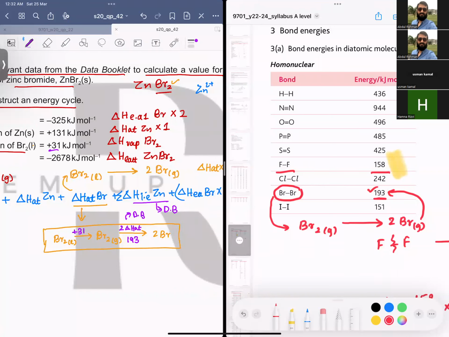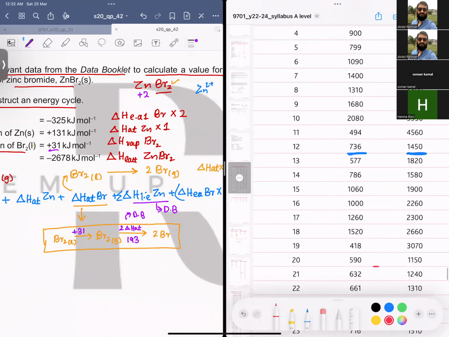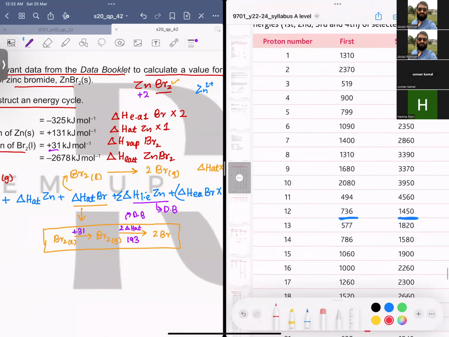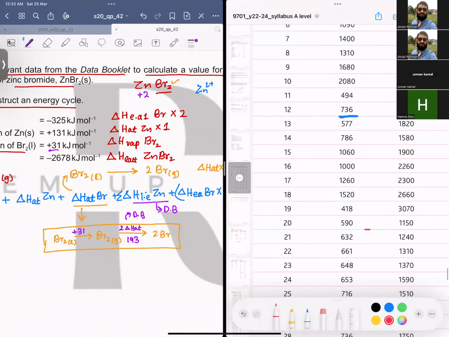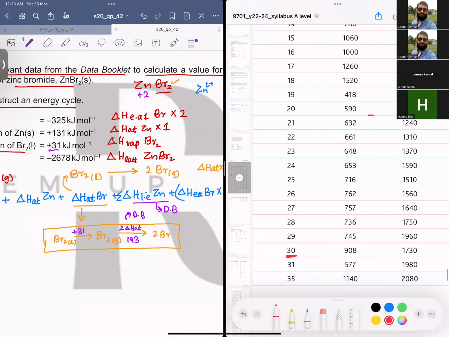जिंक की बात करें तो जिंक, जैसे कि हमने ऊपर देखा कि इस जिंक पे पॉजिटिव 2 चार्ज है, which means 2 आयोनाइजेशन एनर्जीज। तो यहाँ पे हम जिंक की आयोनाइजेशन एनर्जीज देखेंगे, सेकंड एंड थर्ड कॉलम है जिंक के लिए। So atomic number is 30, 908 is first ionization energy, and 1730 is second ionization energy. So we will put over here 908 plus 1730।